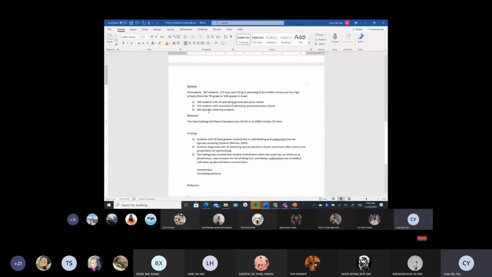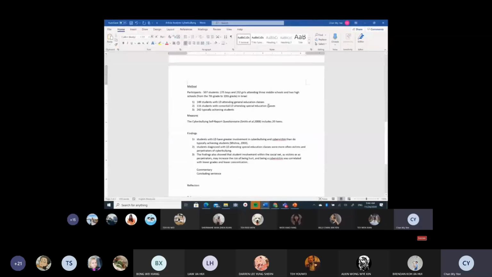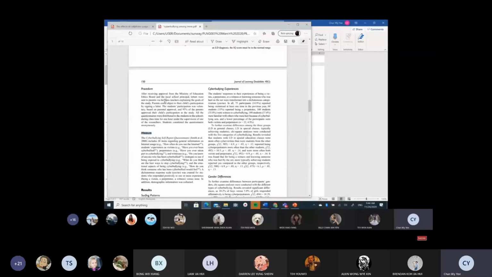Okay, so what's the measure, the method, the participants? You do the participants, procedure, and the measure. So you actually state what the procedure is. You have to state it here. Procedure is